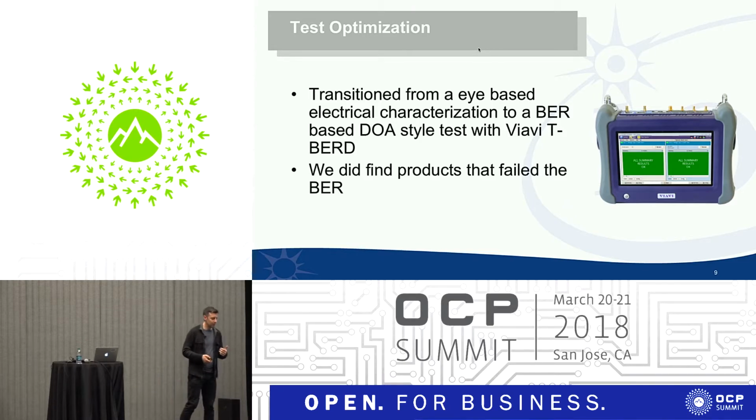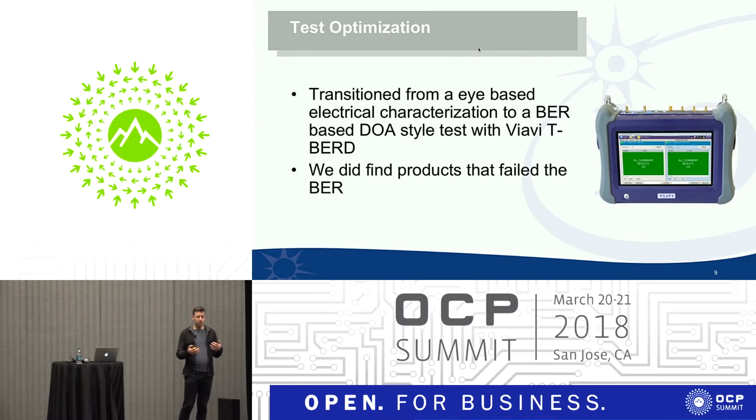So one of the things that we came to during our Plugfest and that we actually implemented during this project focused on the Wedge100 was some test optimization. I presented before here at OCP about the testing that we've done as part of this Open Networking Integrators list. And one of the things that we did was a full electrical validation of our cables, a full electrical validation of the modules and the electrical interface on the modules. And that takes some pretty expensive equipment. It's actually fairly labor intensive.